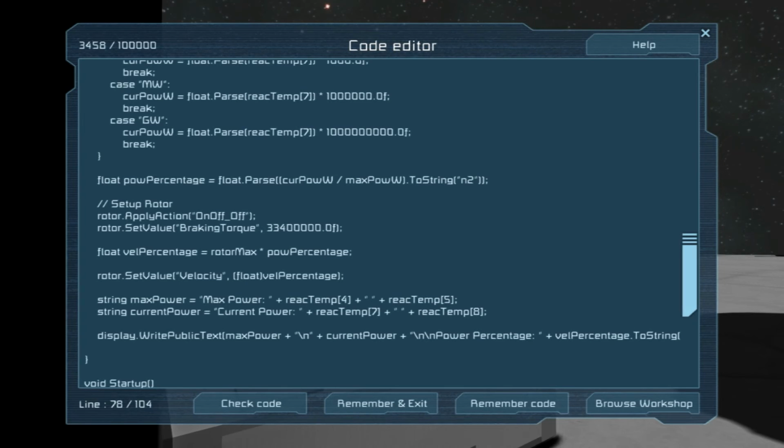I don't think. Let's try it without it. We need the to string, but we don't need the numerical to, I don't think. We'll see what that does. And then I added the percentage sign, and then it does the rest of the RPMs. So pretty simple. So let's check that. It should run fine. Let's see what it does.